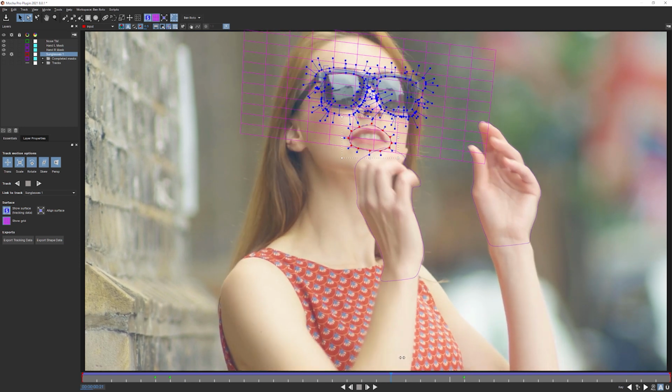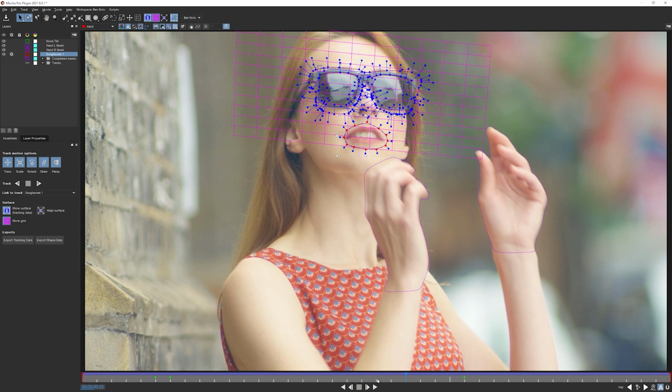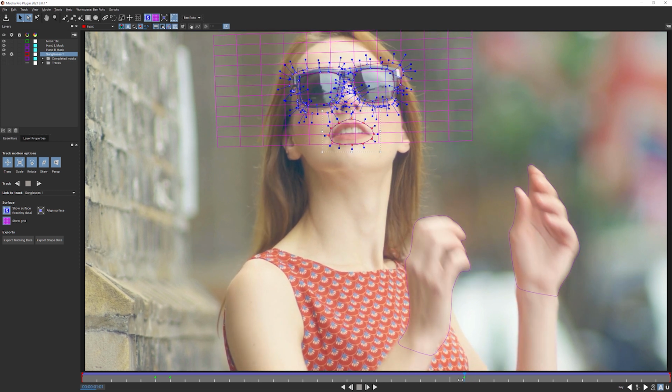Anything that sort of bubbles and pops, we can't use. We're going to spend more time fighting that bad tracking data than we're going to gain from actually going in and not using any tracking, for example. Because at the end of it, if we're fighting bad tracking data, we're going to have to end up adding keyframes on every single frame anyway. And it's just going to be horrible.